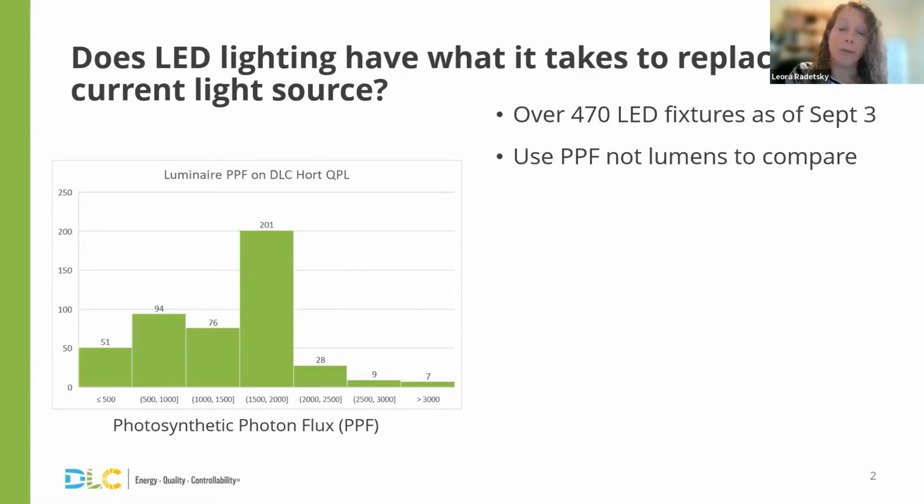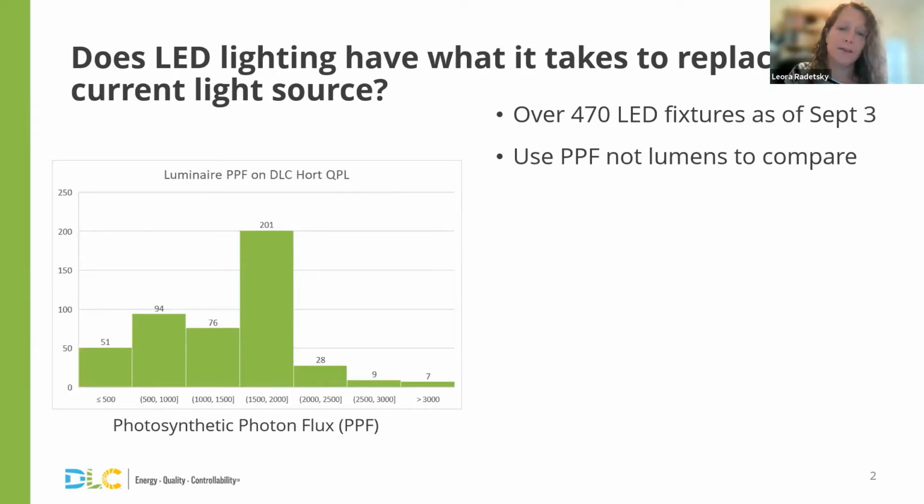And it's really important that we use that specific way of summing up light output instead of lumens to compare how products compare against each other or compare to older products. That's because if you use lumens instead, you're really discounting the red and blue potential spectrum that is in that grow light. There's a common grower saying that lumens are for humans and PAR is for plants. And in this case, it's really PPF that's for plants, because it's going to make sure that we count those red and blue wavelengths that are in the spectrum.